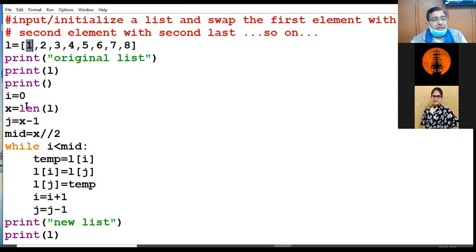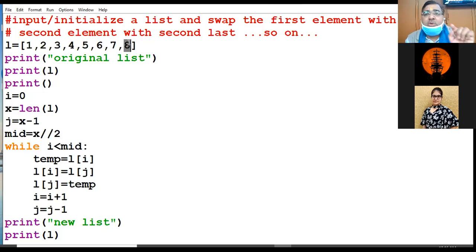1. Now I calculate the length of the list, and whatever value I am having, I assign the value to x. Now J has been placed at the last element. The last element is n minus 1, of course, length minus 1. If length is 8, x will be 7. That is the last element, right? So J is pointing to value 7, and at 7 index, I have 8.